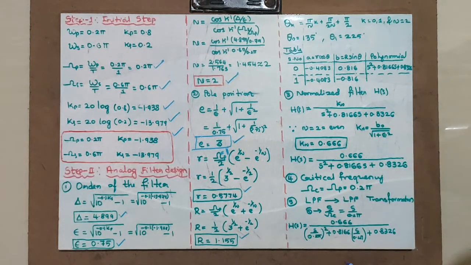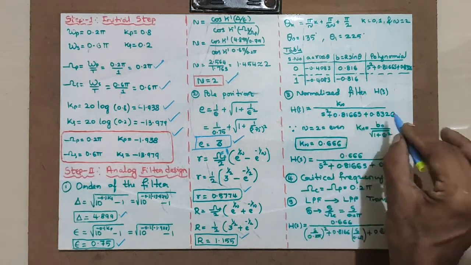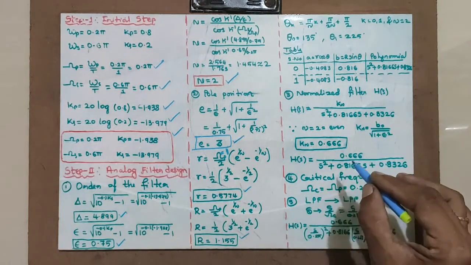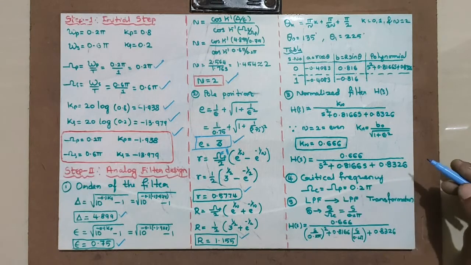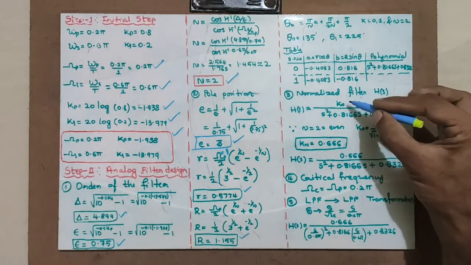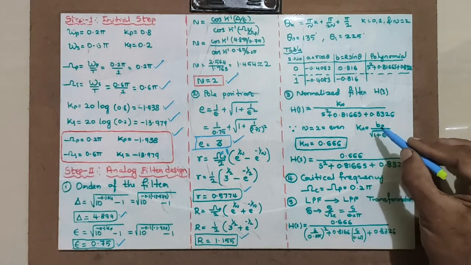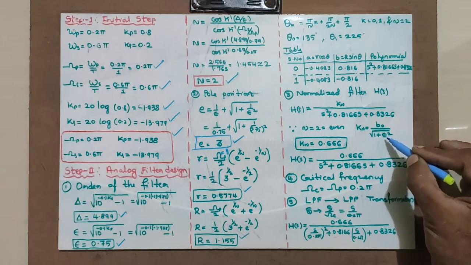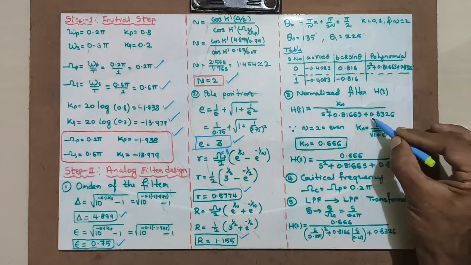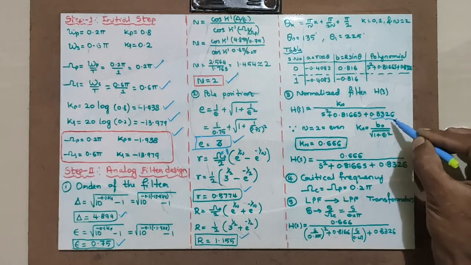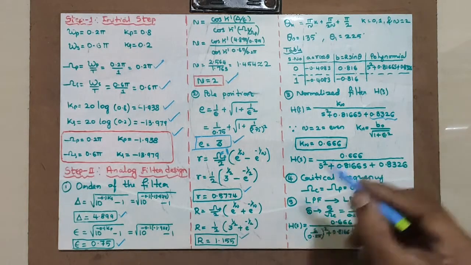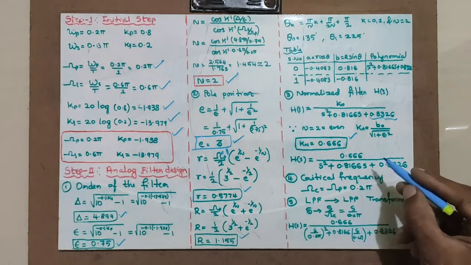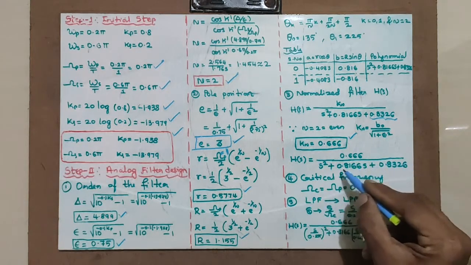How to give the normalized filter H of s? H of s is equal to Kn divided by the polynomial which you have got from the table. Kn value you have to calculate depending on whether n is even or odd. It is not like Butterworth, where it used to be 1 divided by. Here it is Kn. Kn value can be given by b naught divided by square root of 1 plus epsilon square. Just apply the values. B naught value is 0.8326 divided by 1 plus epsilon. Epsilon value is 0.75. If you do, you will get the Kn value as 0.666. Now H of s is obtained here, 0.666 divided by the complete value.